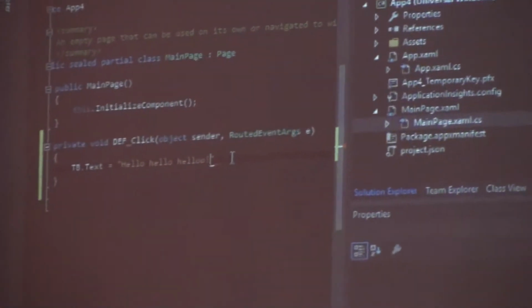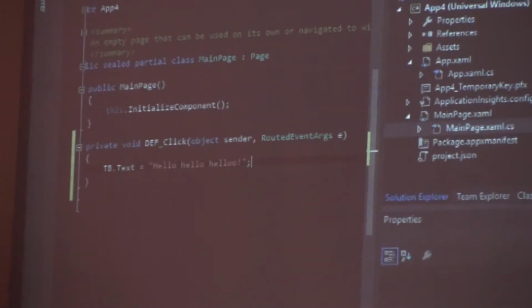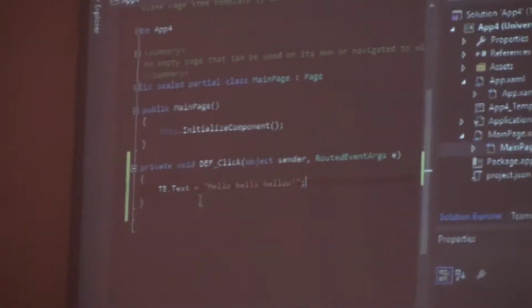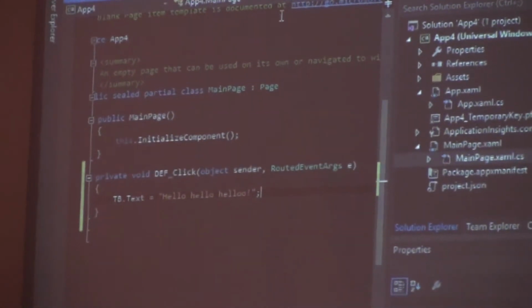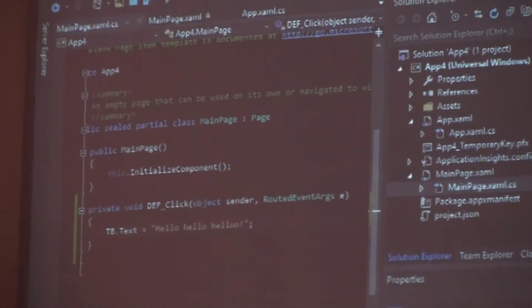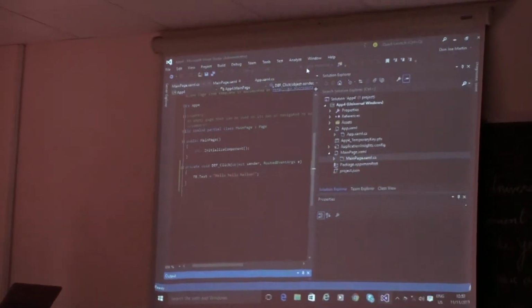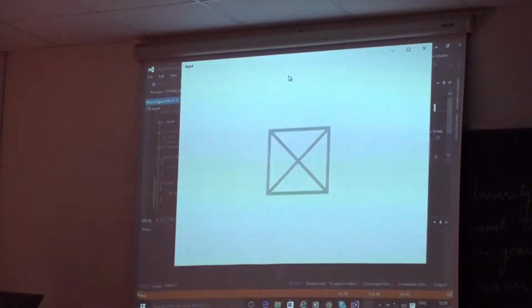So what happened now? If the button is clicked, I want the text to change from blah blah blah to hello, hello, hello. Does it work? Let's see. Let's run it on our machine and try it.